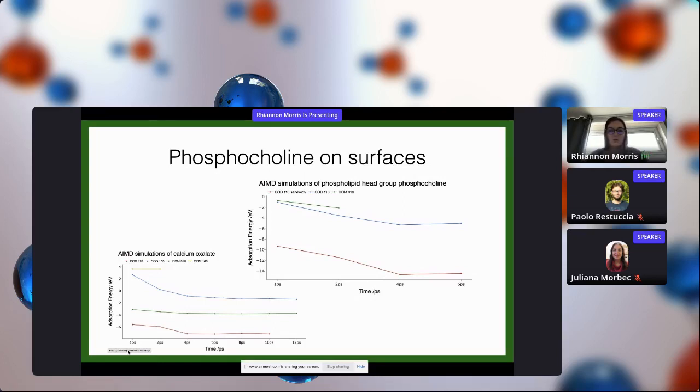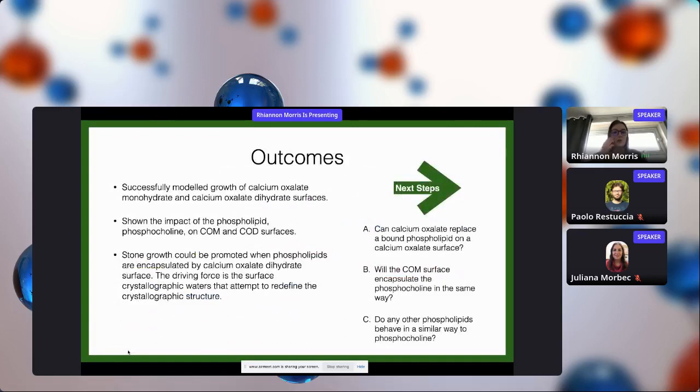But when we had the phosphocholine encapsulated, we got a much lower absorption energy of around minus 14 electron volts, as I just discussed. So we're going to continue with this work and see whether it is the encapsulation of organic molecules that cause the stones to grow, rather than the stones just growing from calcium oxalate traveling through the kidney tubules. So the outcome so far is that we've successfully modeled the growth of calcium oxalate monohydrate and calcium